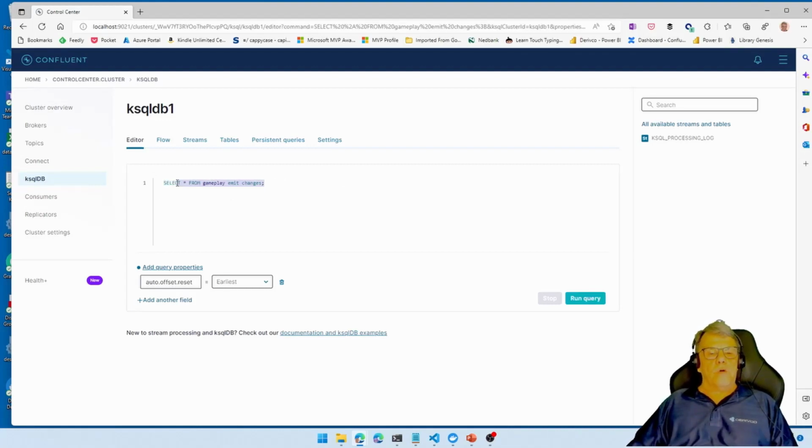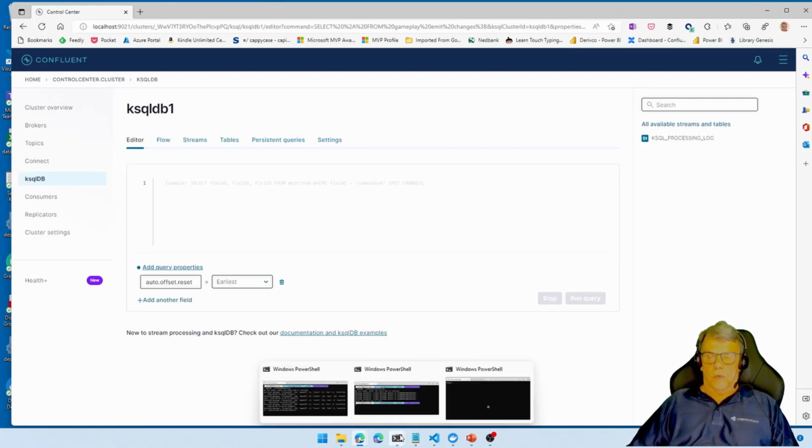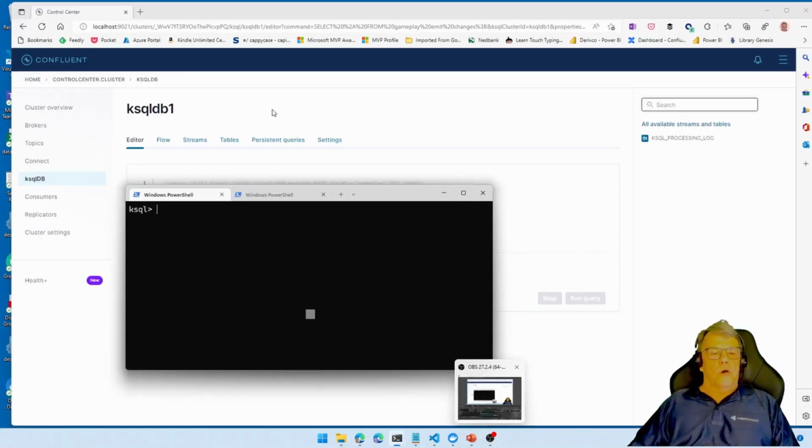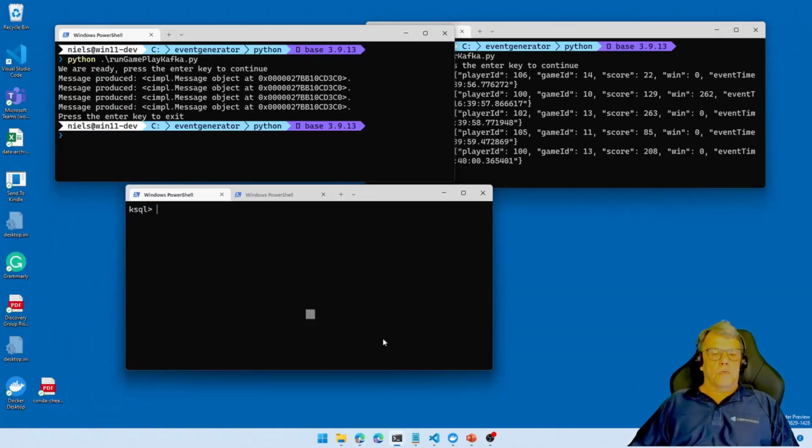So you have the ability to write ksql queries using this web UI, but I would strongly suggest that if you are doing something more than just select star from, which even didn't work for me, you will be using the ksql CLI.